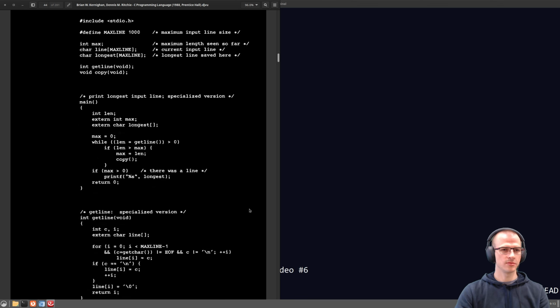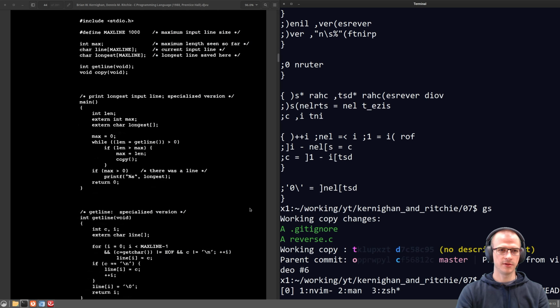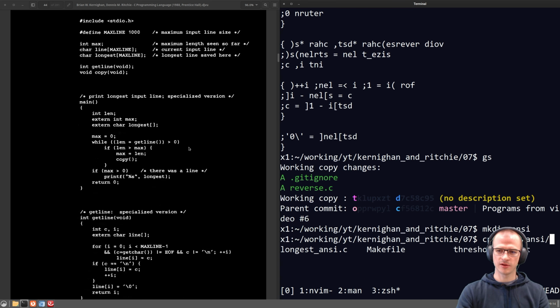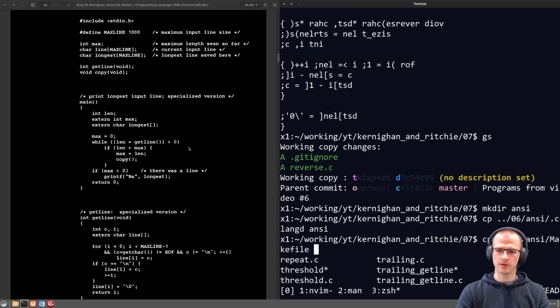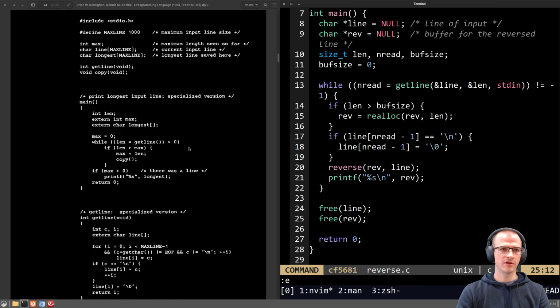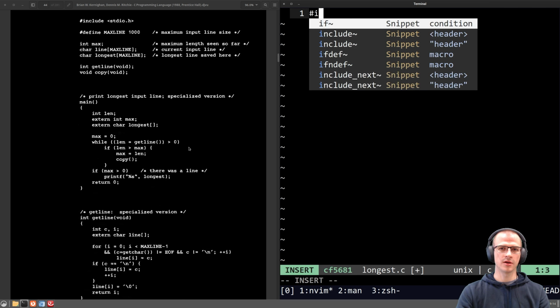Okay, I'm going to put it on the left. And okay, so this is going to be ANSI C, so we can copy from video 0 the clunky file to this ANSI directory, and we can copy the makefile to the ANSI directory, and then we can create a file and call it longest like this. Okay, include stdio.h,